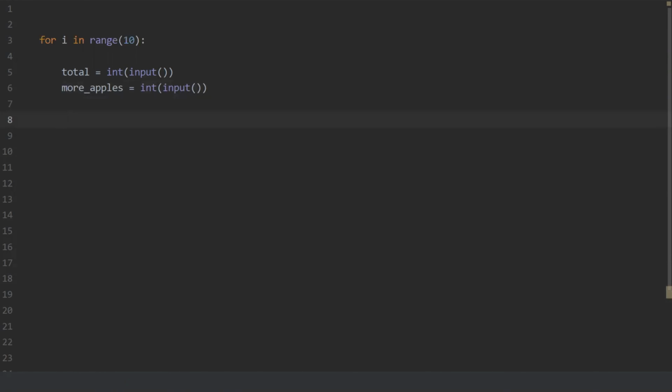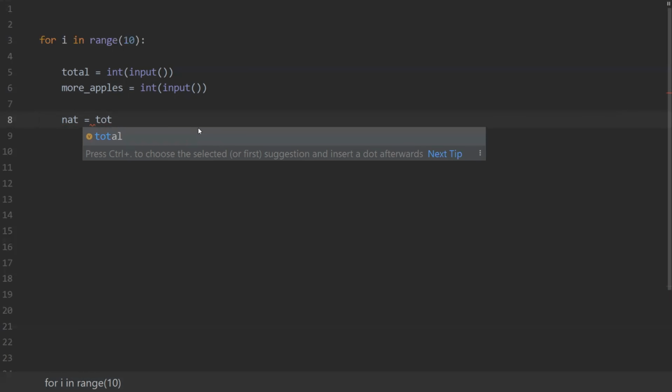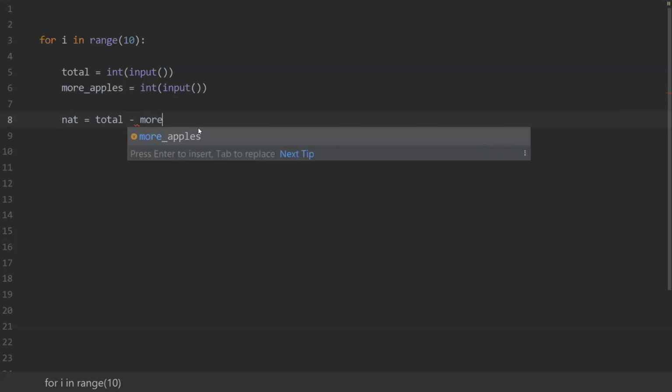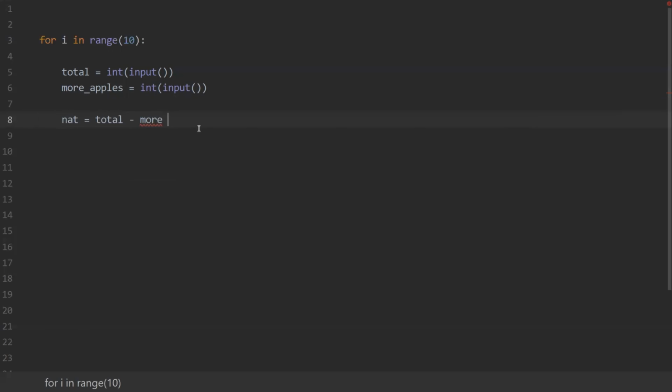Fine. So now what we want is the number of apples Claudia and Natalia have. Clearly, the number of apples Natalia has would be the total number of apples minus the more apples Claudia has, divided by 2.